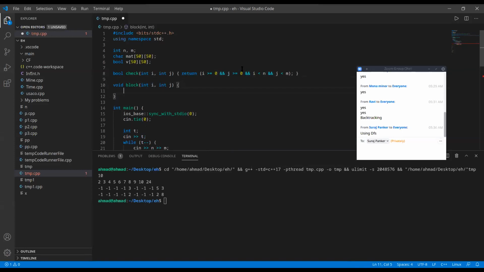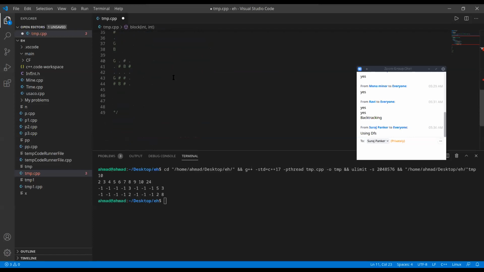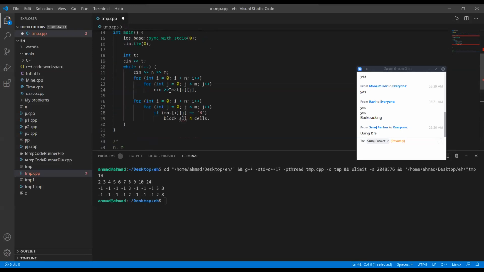Okay, so here I'll say if check ij, if ij is in the matrix, and if it's empty, actually, because if it's not empty, then I won't do anything. If it contains any person, like good or bad, I cannot block it, because it doesn't say this in the statement. If I have a person here, like G, and I want to block this cell, I cannot, because there is a person that will pass here.